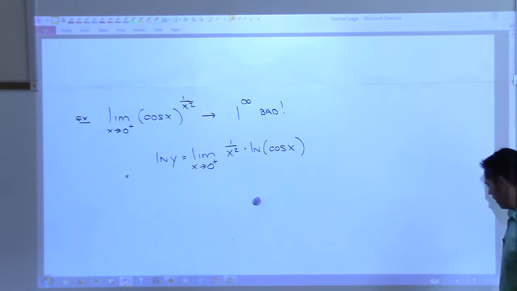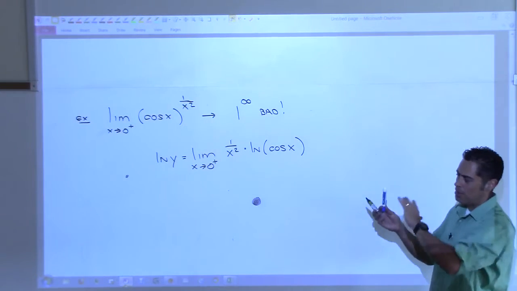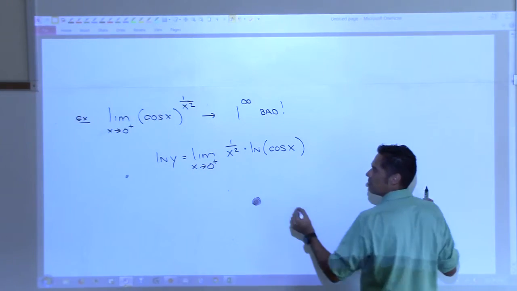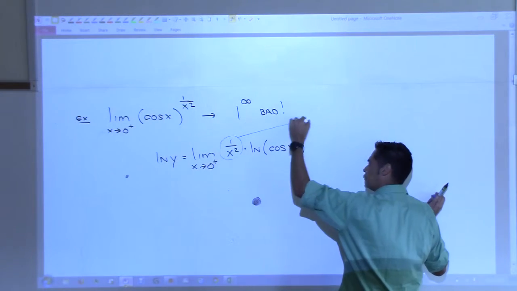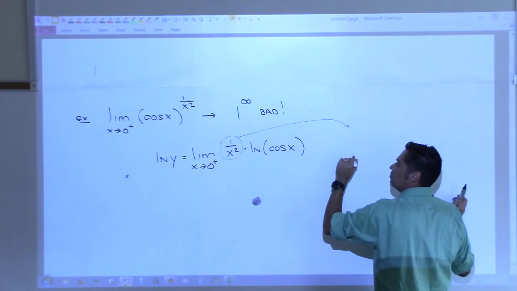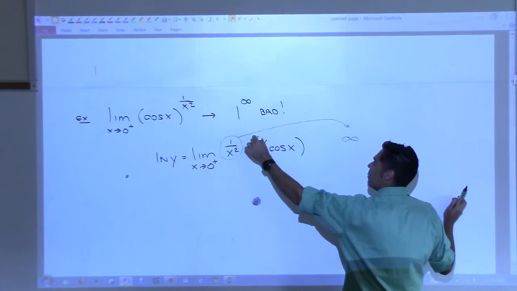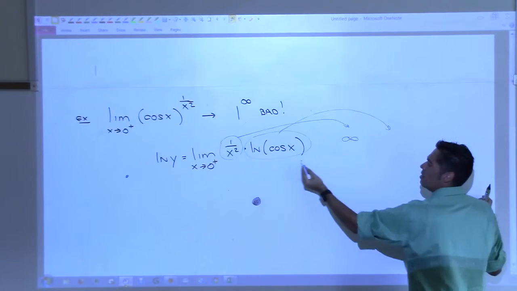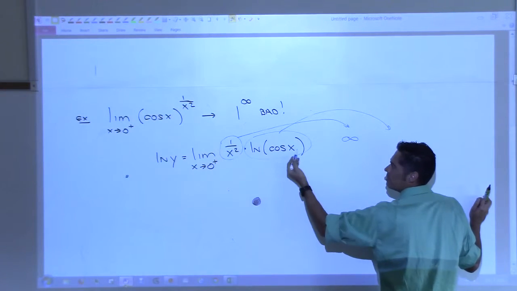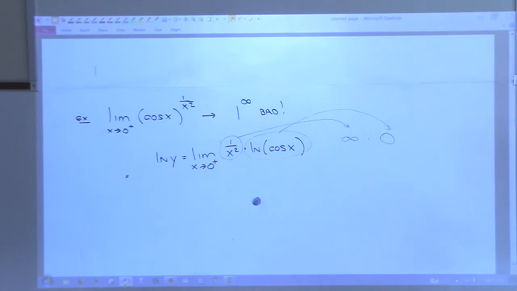Let's double check to make sure we do have an indeterminate form still. You will always have an indeterminate form. I mean, you don't have to check this, but I'm doing it just to try and convince you that this is good, all right? This is approaching what? Infinity? Okay. And then this right here, cosine of 0 is 1, natural log of 1 is 0. So infinity times 0, that's bad still, right?